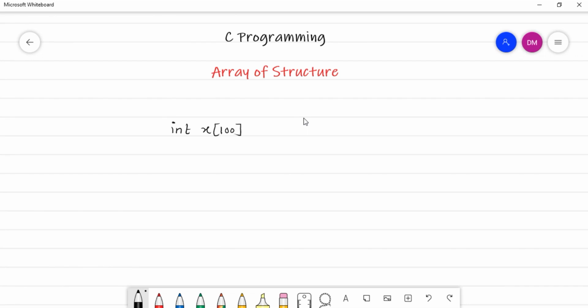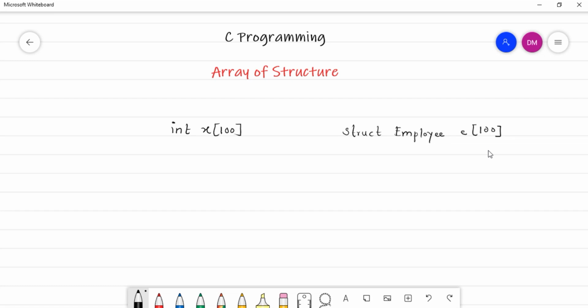But instead of that, if I create an array of structure, something like this, say as we have an employee structure, if I say struct employee e of size 100, then definitely it will be easy for me to manage it, right? Because when you are defining an array, you can use a loop to accept the values, you can use a loop to perform the manipulation on your data or on your array, so it becomes rather easy than creating 100